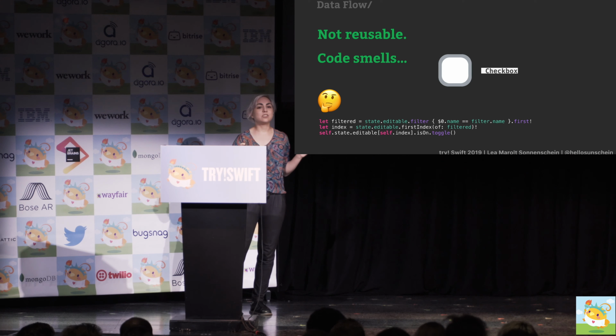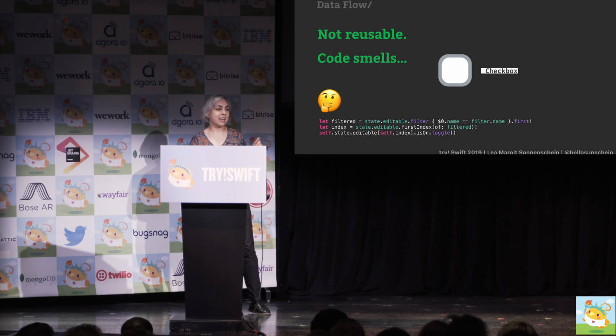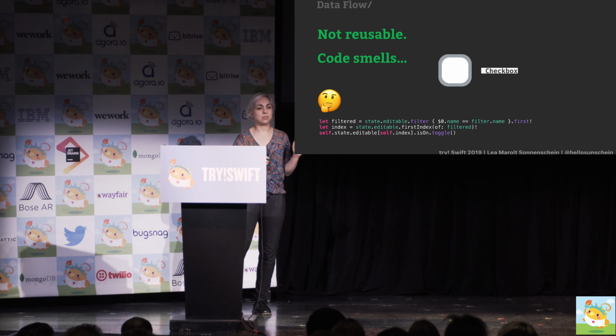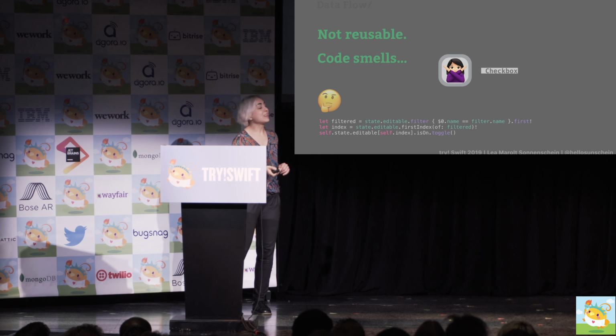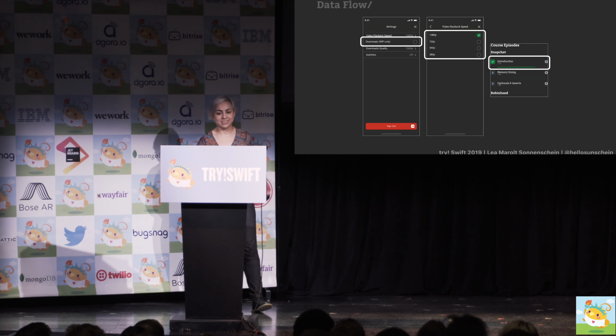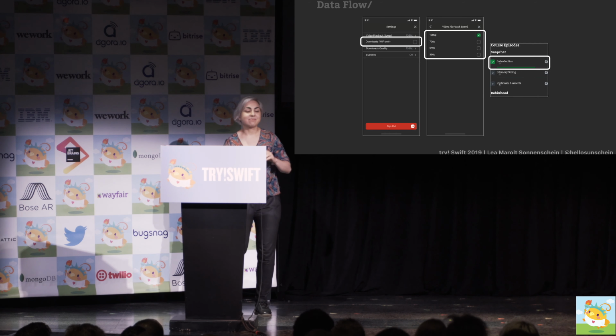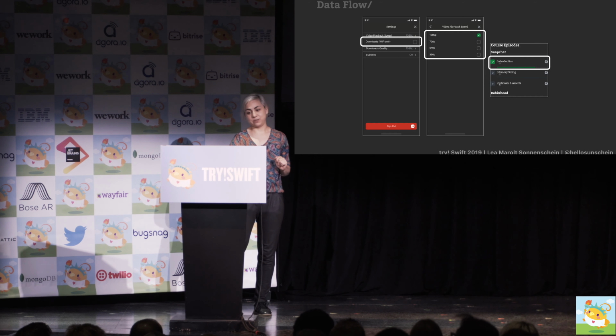And mind you, it would feel just as weird with using observed object instead of environment object, except that we'd be explicitly passing it down 3 levels deep. So at this point, I've kind of had enough. And all I wanted was to create this reusable checkmark component that I could use on its own, like here, or in a list. I feel like that should not be too much to ask.